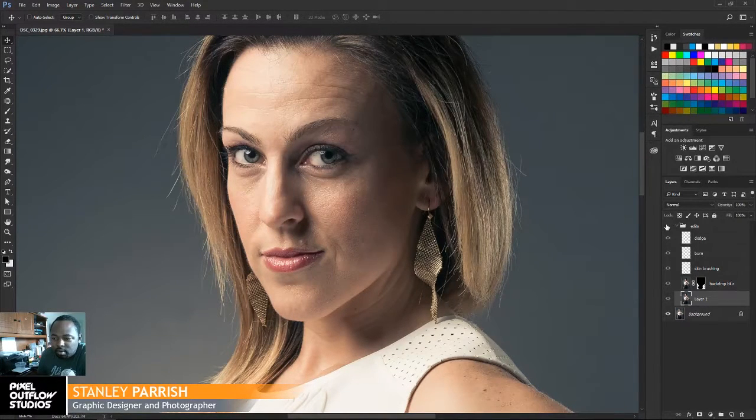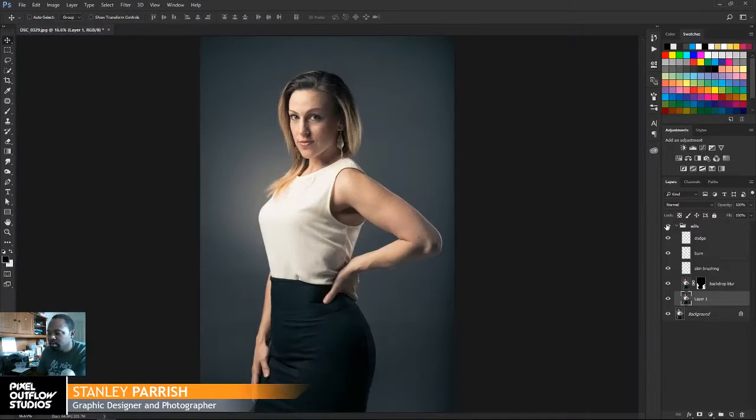That's before, after. Let's zoom out. Before, after. I don't know, which one of y'all like best? Before, after. Okay, so